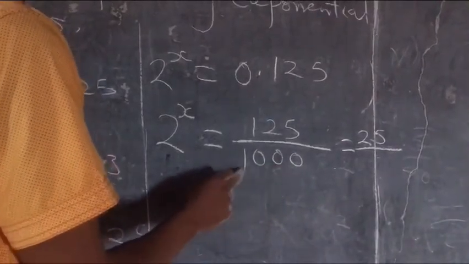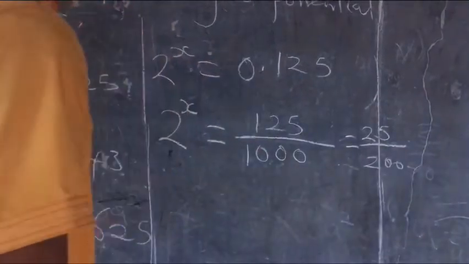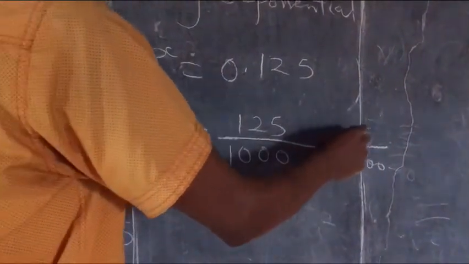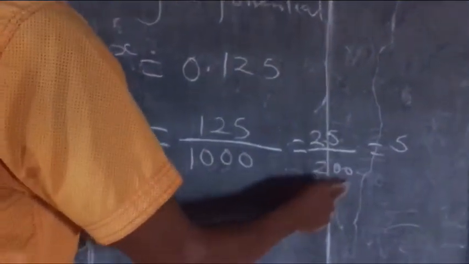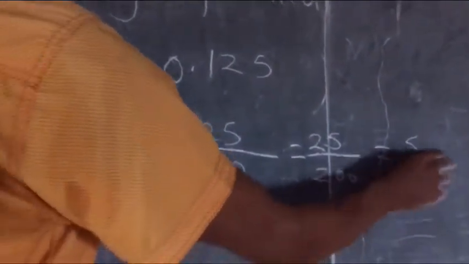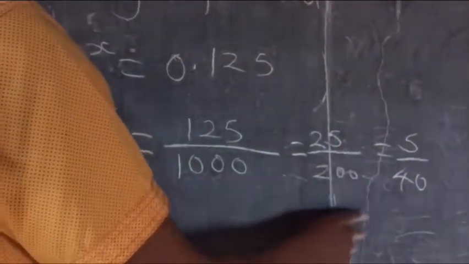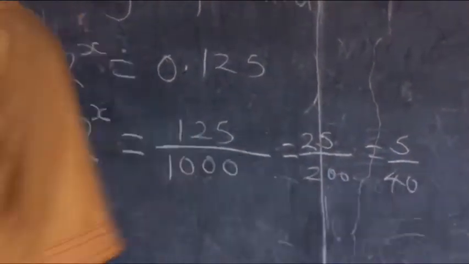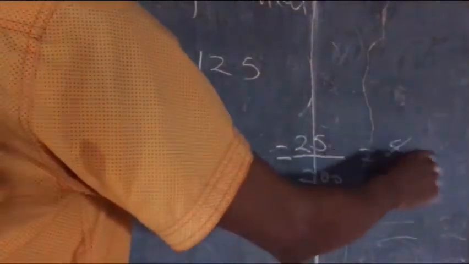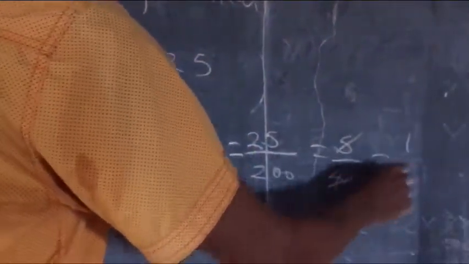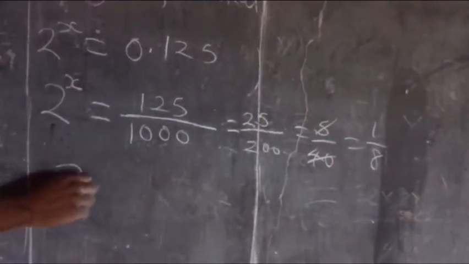1000 divided by 5. I get 10 divided by 5, I will get 2. Then I get 0, 0. Now 5 here, 2 will give me 5. And then 5 here, I get 2 here, I will get 40, because 20 divided by 5 will give me 4 plus 0, and 0 will give me 40. And then 5 here, I will get 1. 5 here, I will get 8. So from there, I get 2